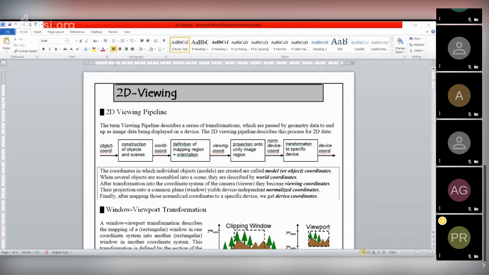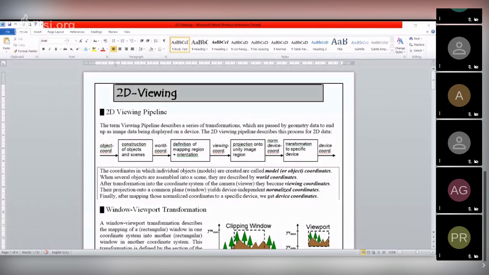Then transformation to the specific device. We have to apply the respective transformation for 2D coordinates that we learned in the previous class on our coordinate, to fix it into our device. That means if there is a camera, to fit this view coordinate to our camera, we have to apply transformation, we have to apply scaling, to make it fit our device.